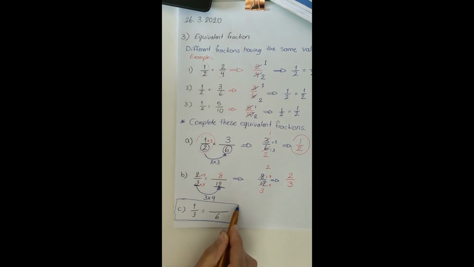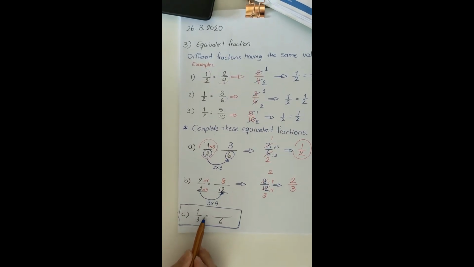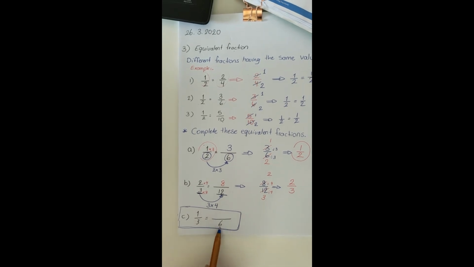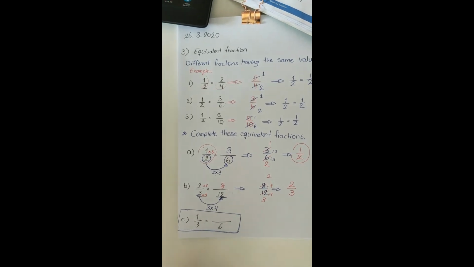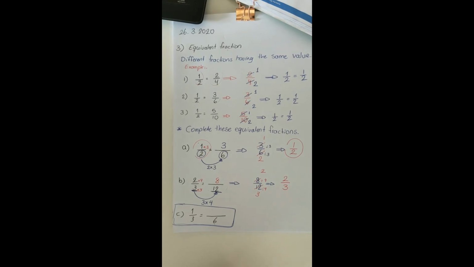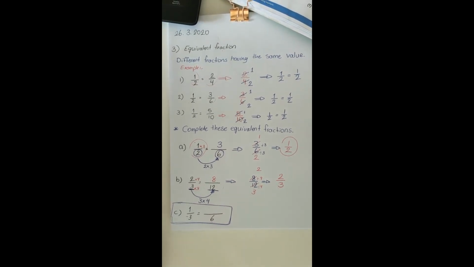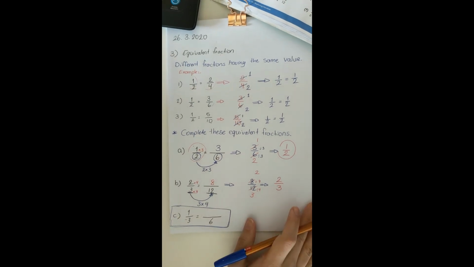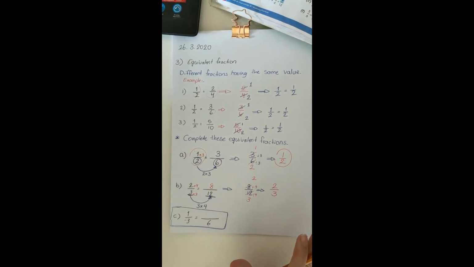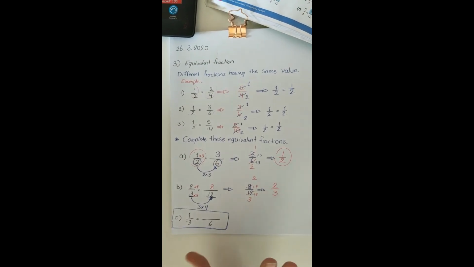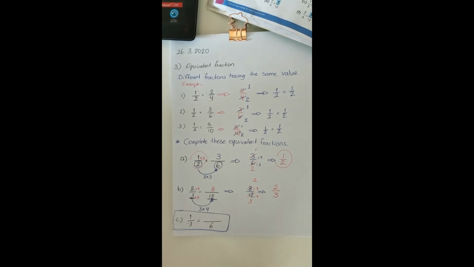I wrote this part, which is 1 over 3 equal to blank over 6. Now, I want you to take out a blank paper and try to solve this example by yourself. I'm going to make this lesson short for today, so please, if you didn't understand, watch the